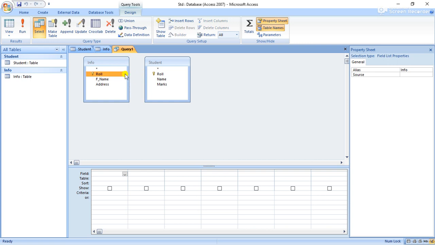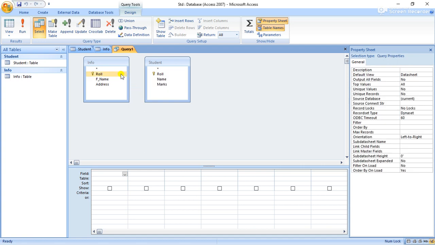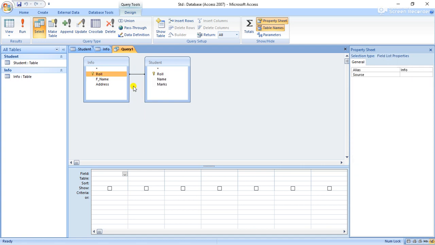We have to click the mouse left button and drag. Okay, this is the relationship bond here from roll to roll. Then see whether the relationship has been made or not.